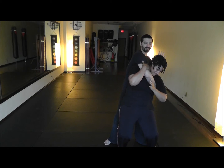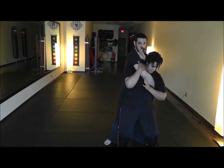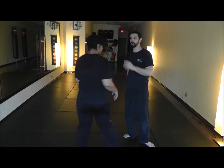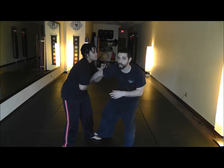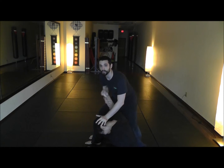with something like this, some kind of wrapping motion that could be just a manipulation for her balance, coming in for a strike, continuing into a takedown. Just depends on what happens with the energy after that. So one more time. She's got me. This is about to be bad news. She does it. I follow it, coil with it, come up under, lifting her energy up, maybe taking it down this way,